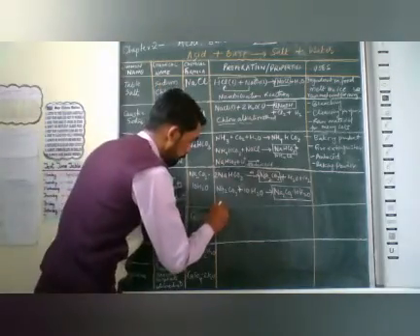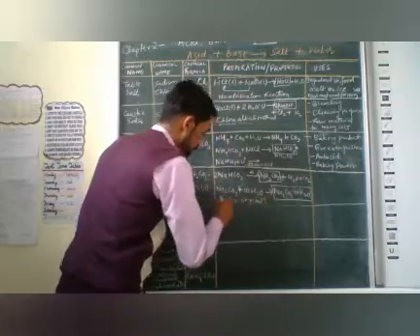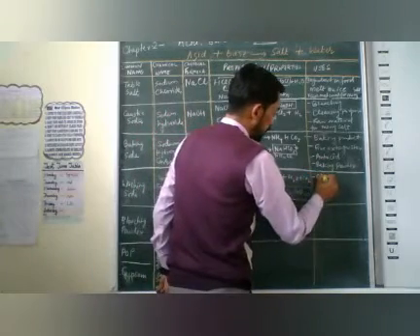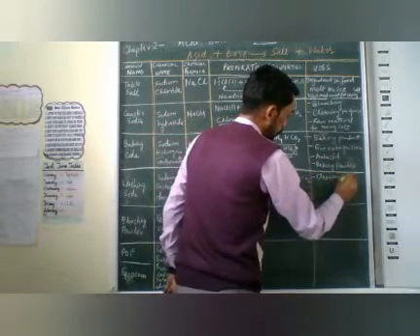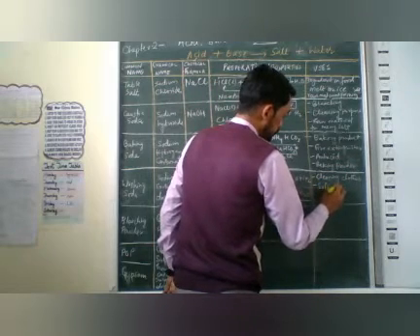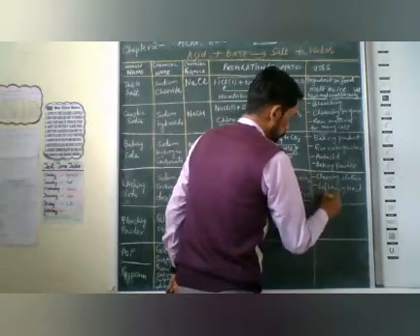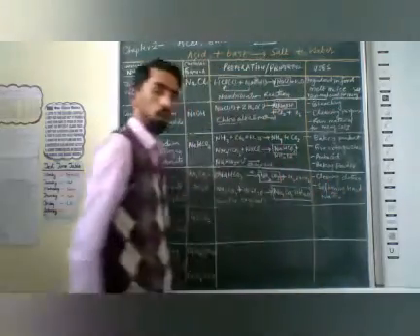Okay, Na2CO3 sodium carbonate crystal. This is also called water crystal. This is one water crystal, this is also a water crystal. The uses of washing soda, you know very well. It is used for cleaning our clothes. It is used for softening hard water also.